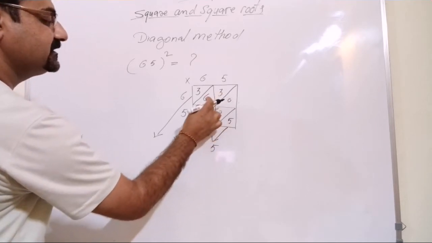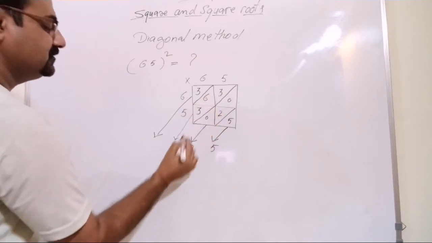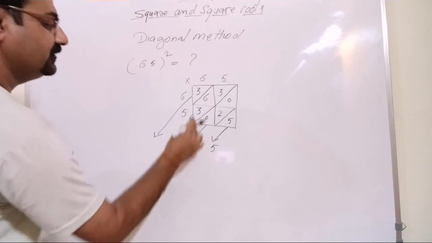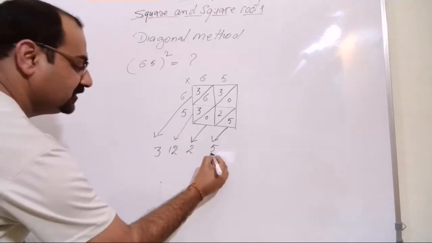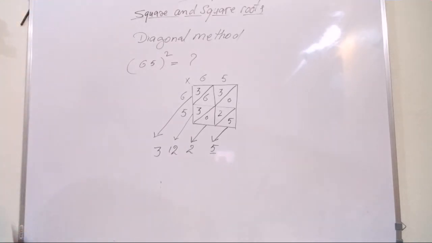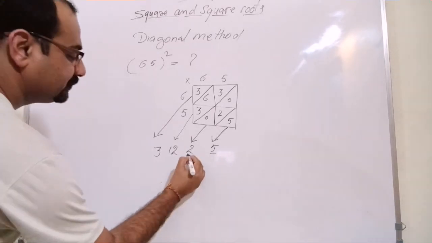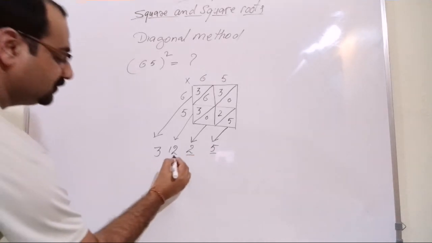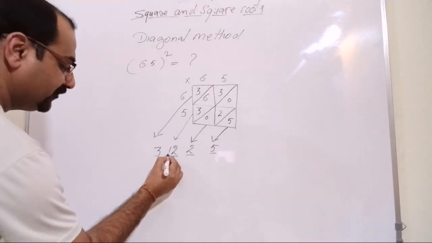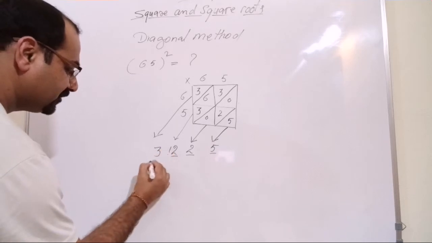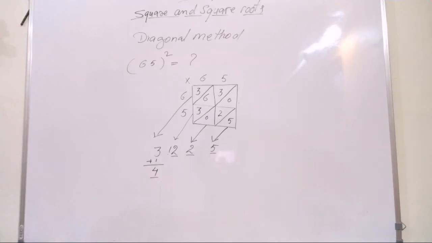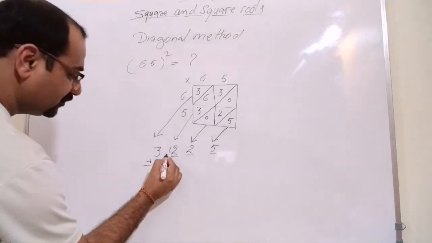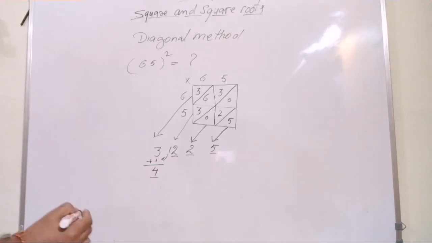Third 3, 6 and 3. So this is equal to 12. And third 3 only. Now the solution is, we have to write 5 and then 2. Now only 2. Now 1 goes to next. This is plus 1. Then this is equal to 4, and we take this one. This 1 goes to the next one, beta.